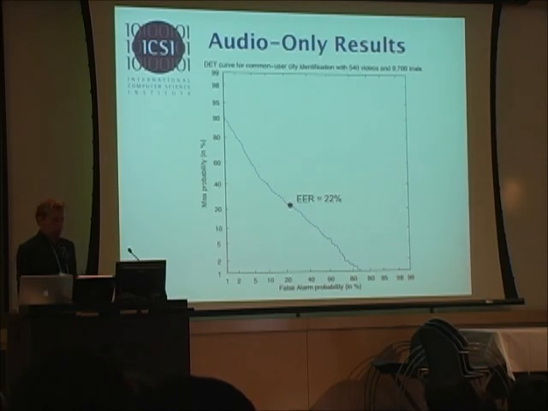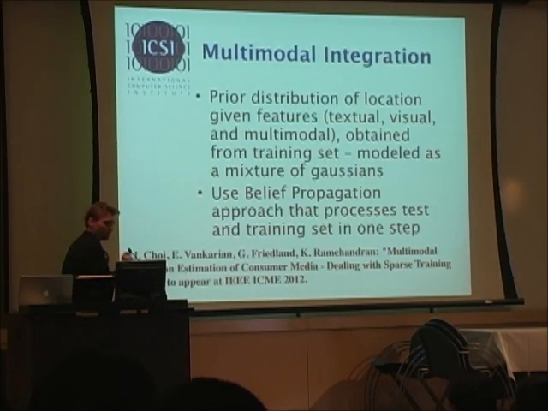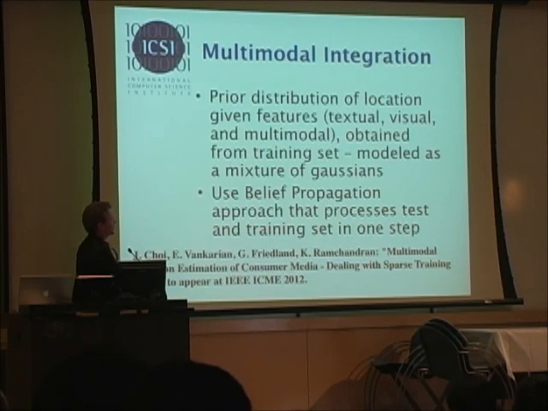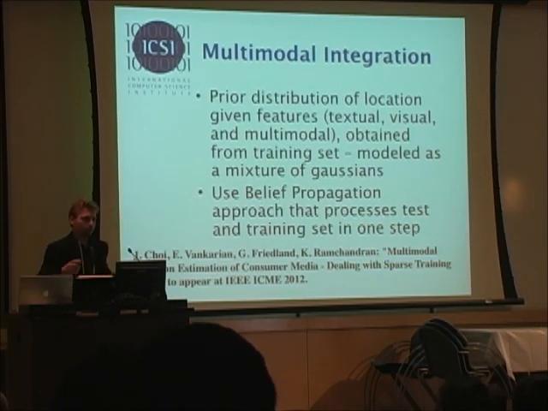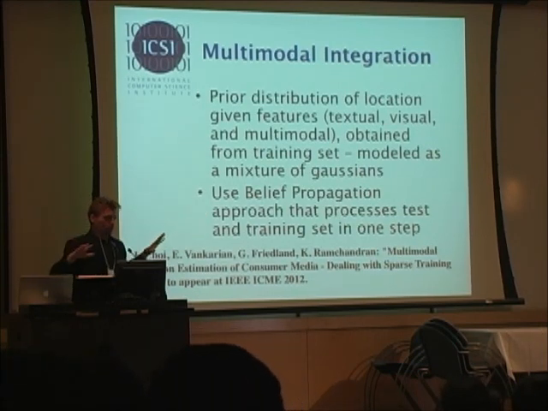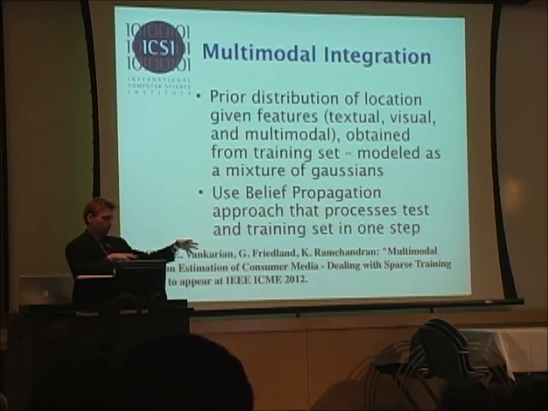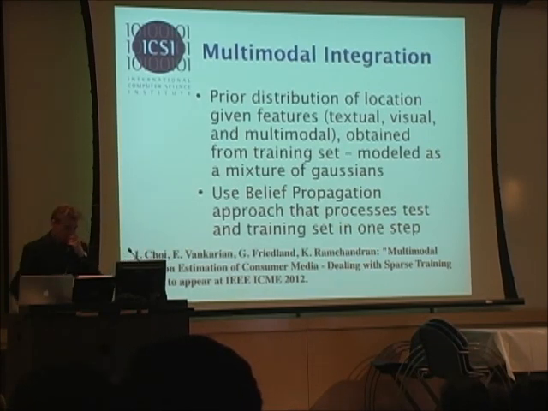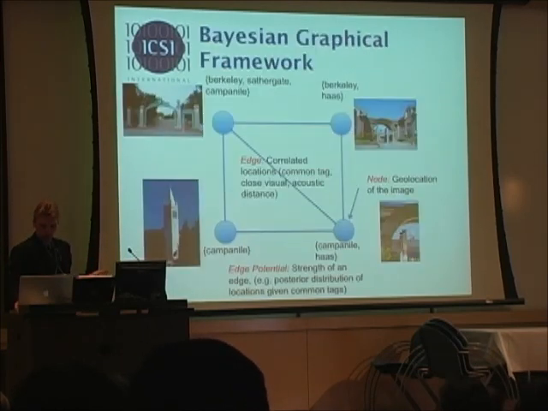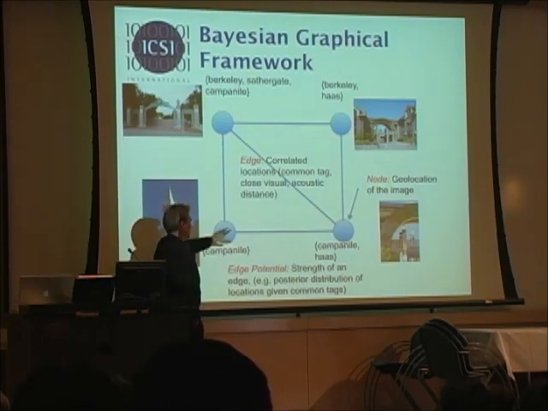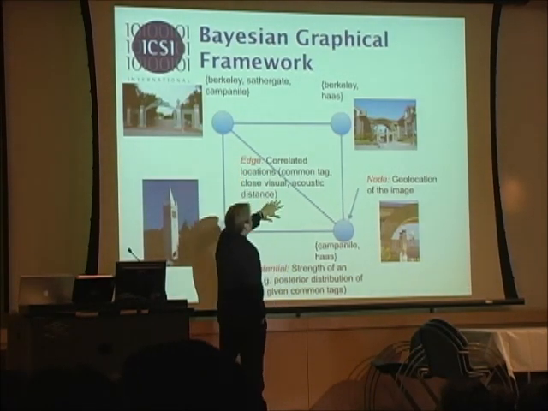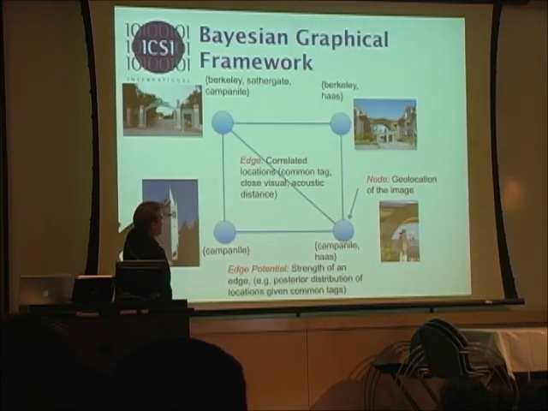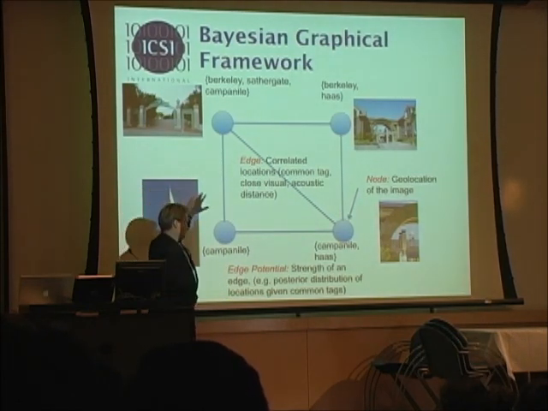So now, of course, the question is, how can we do it more specifically? How can we actually incorporate it? And this is our ICSI paper. Given I only have about 3 minutes left, I can't really talk about all this. But what we do is create a giant belief propagation network that spans all the training data and all the test data. We include the textual, visual, and acoustic features so that we know the locations of those videos, and they are correlated using common text or close visual distance or close acoustic distance. We have this large net.